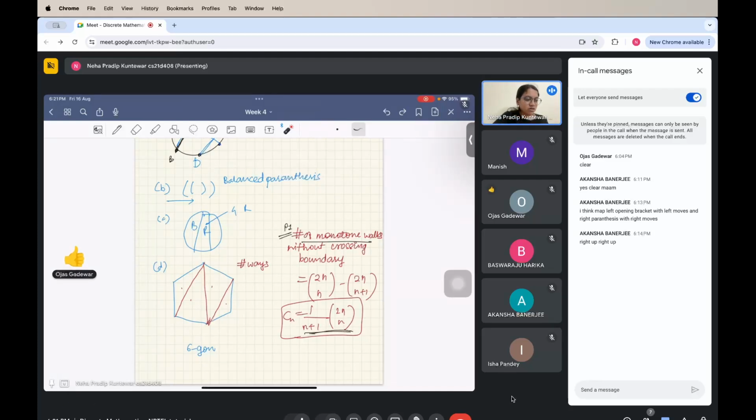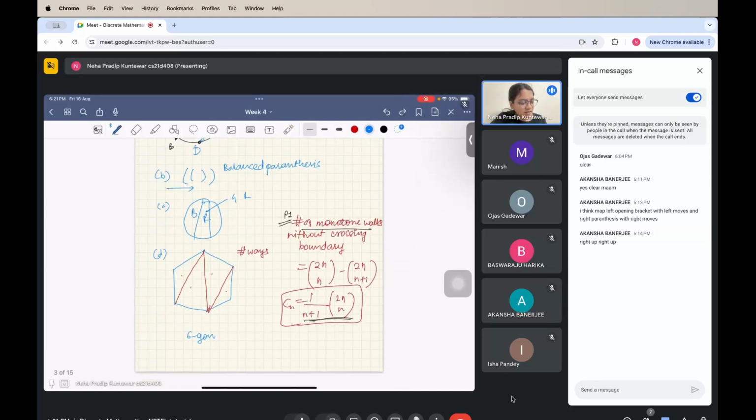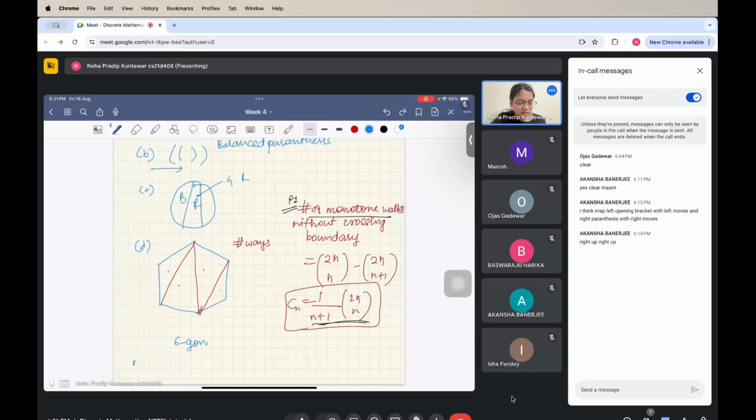Okay, so one problem with that is, let's say you try this for n equals 3, and your answer matches with the third Catalan number. You try for n equals 4, your answer matches with the fourth Catalan number, and let's say you go up to 100 and your answer matches with the 100th Catalan number, and you're lucky until this point. But what if you look at a 101-sided polygon,